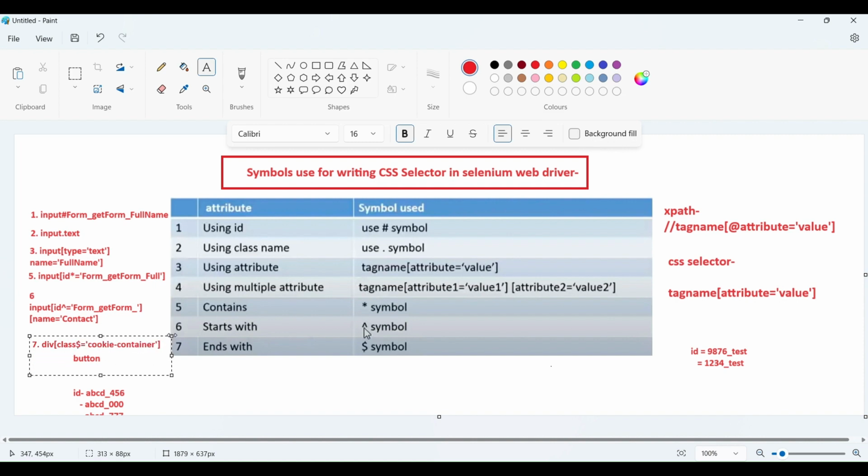So guys, do you understand how we are creating CSS selectors using these symbols, right? As I mentioned, all these syntaxes are on the left side, and on the right side you can see the difference. I already covered all these points. So in that way, guys, you will understand how we write CSS selectors using these symbols, and what is the difference between XPath and CSS selector. So guys, I think all the topics are covered. So do practice this